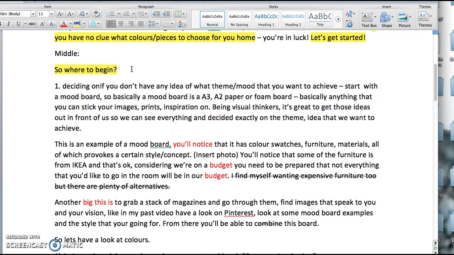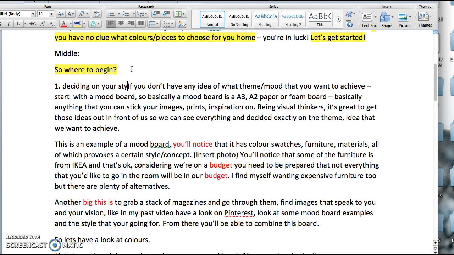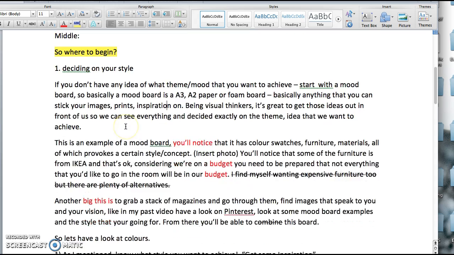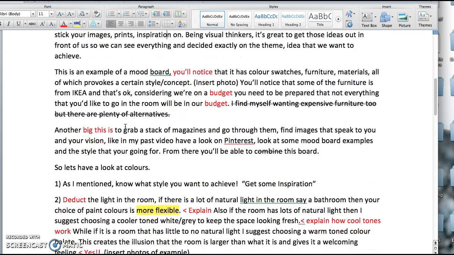Deciding on your style. I don't know, you might change that up, but this is a how-to, so it needs to be really clear. And in that girl's vlog that you saw, remember that came up on the screen, it gives very good structure. So, deciding on your style, and then your next one is